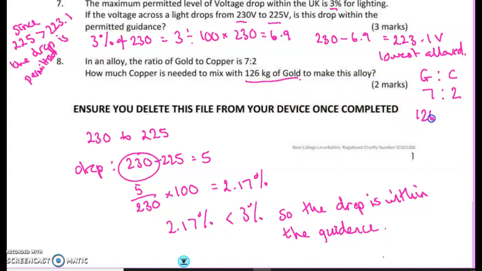So we've got 126 grams of gold, and I want to know how much copper. So these are the two that match, 126 and the 7. So let's divide to find out how we get from one to the other. That's 18. So then I need 2 lots of the 18 for the copper, which is 36